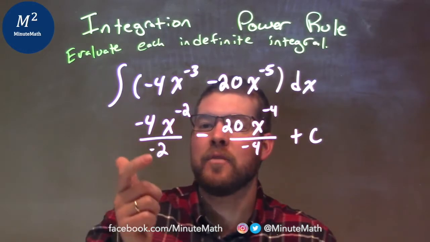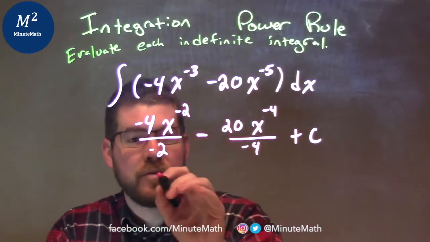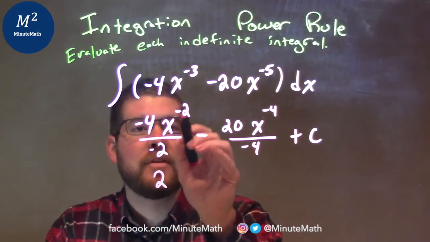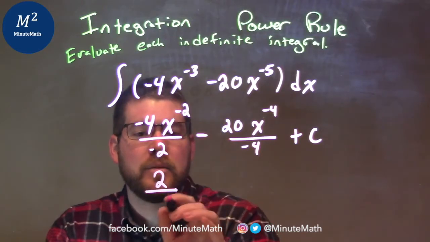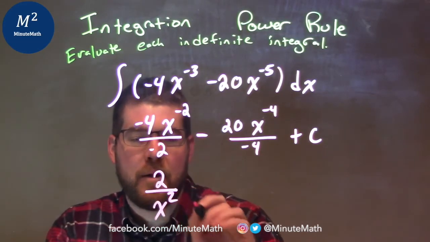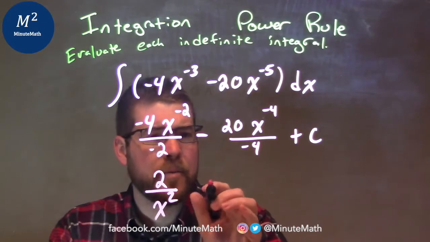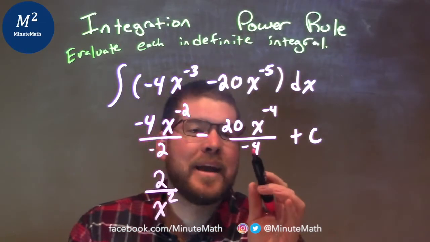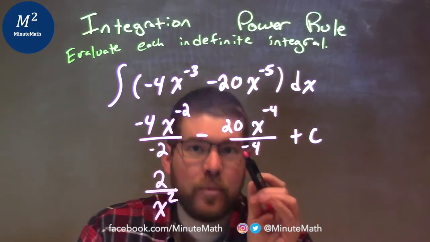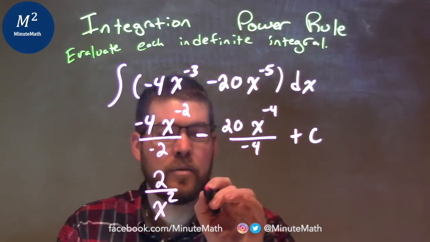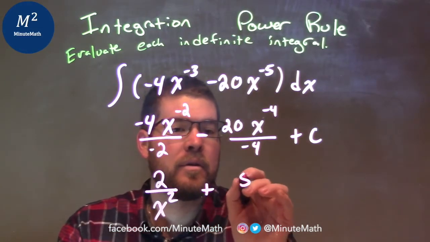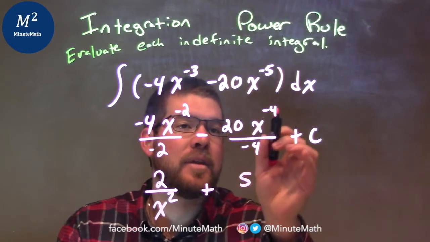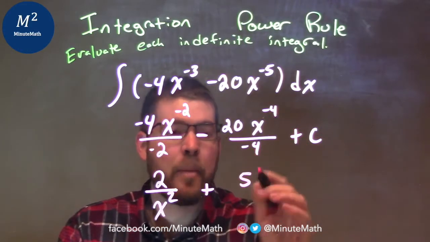Negative 4 divided by negative 2 is a positive 2. And x to the negative 2nd power, we put in the denominator to be x to the positive 2 power, right? It's in the denominator. Now, 20 divided by negative 4 is a negative 5, but minus a negative is a positive, so we have positive 5. Okay? And then x to the negative 4th power, we can put that in the denominator to be positive 4th